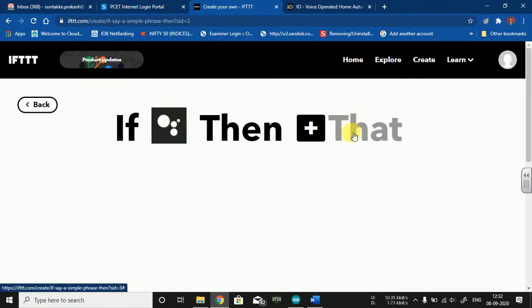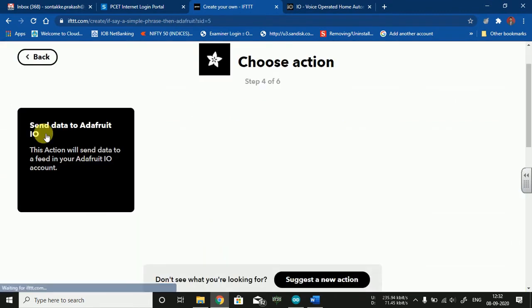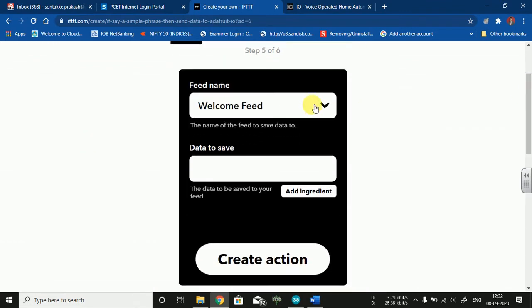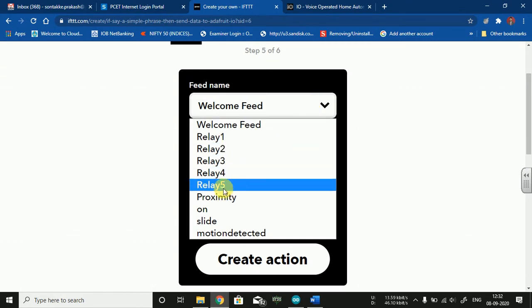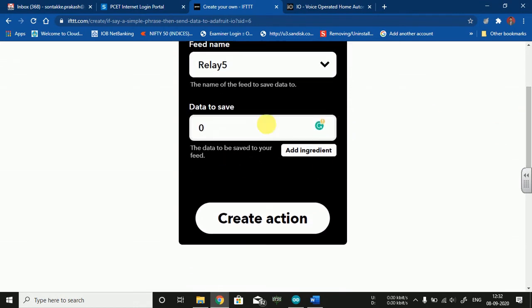Now you need to give your output. Your output is nothing but your Adafruit IO. Select Adafruit and send the data to Adafruit. Now you need to select the same feed that we selected earlier for lights, relay 5, and the kind of data you need to send to turn off the lamp is a 0. So that particular 0 you need to enter.